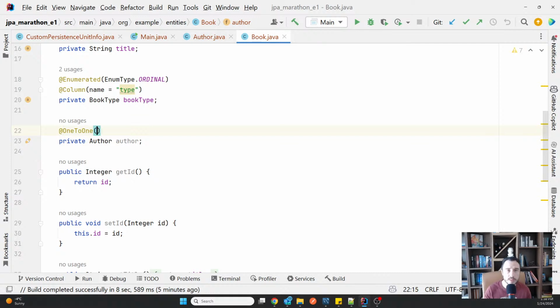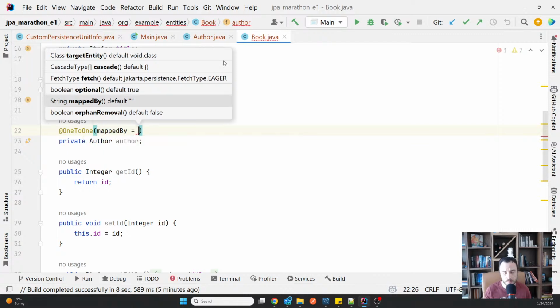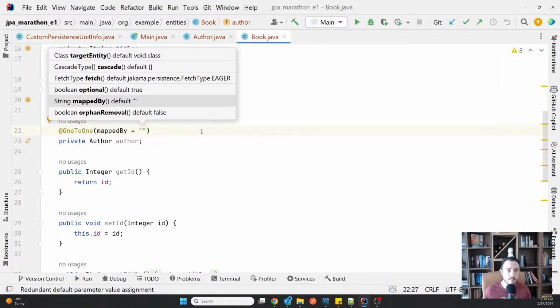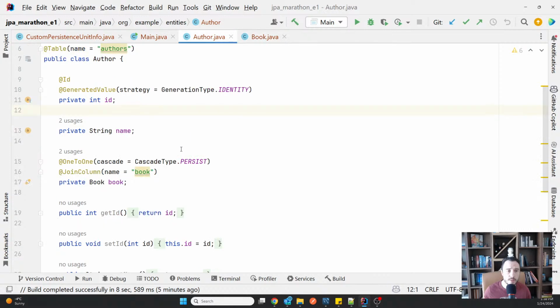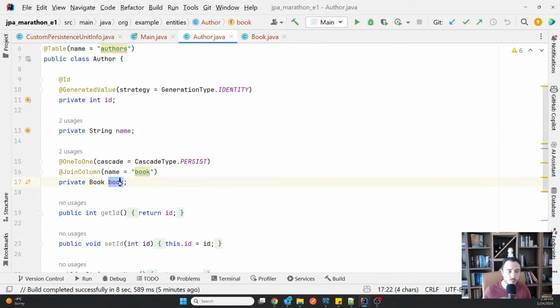Always on the opposite side of the relationship, we have to use the mappedBy annotation. The mappedBy annotation maps the field to which you execute the relationship. So that means book in my case. So you say this is not the owner of the relationship, and it will just be the other side mapped by the attribute book on the ownership side.